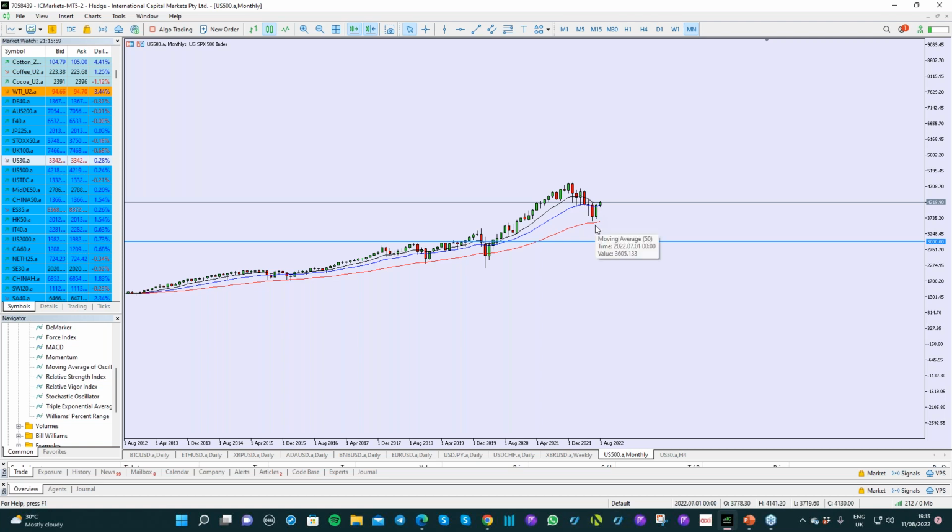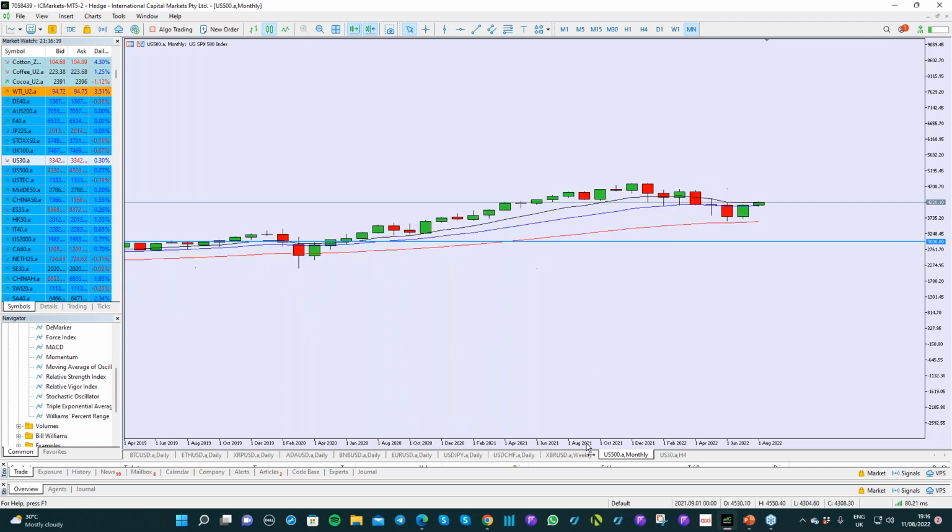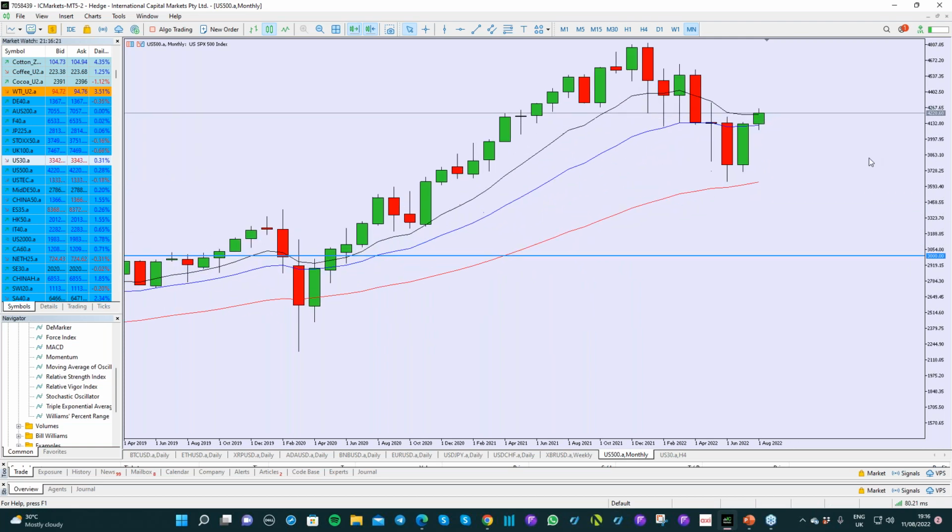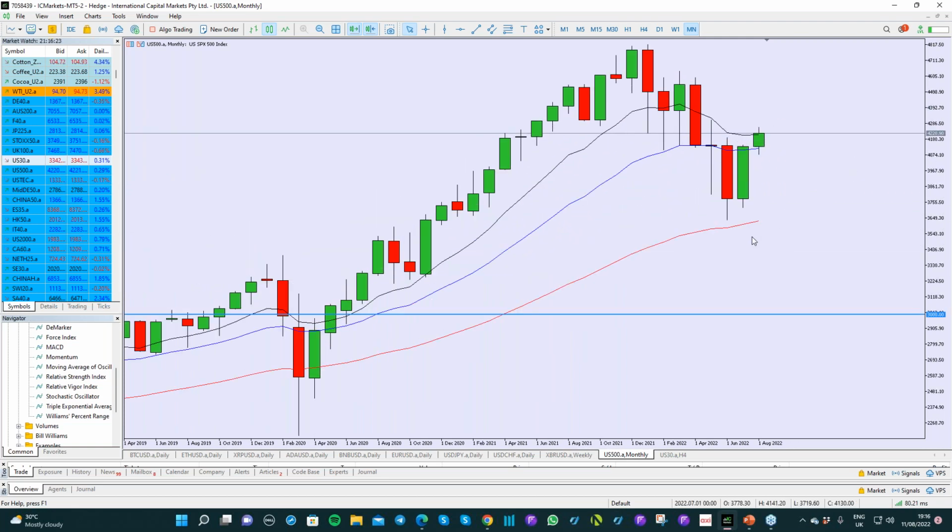What it can mean is price has come to a low point where it could be a good opportunity to get in at a decent price, ready for the uptrend to potentially resume. So what do I need to look for to indicate that the uptrend is going to resume? Well, on this monthly time frame, this month here,